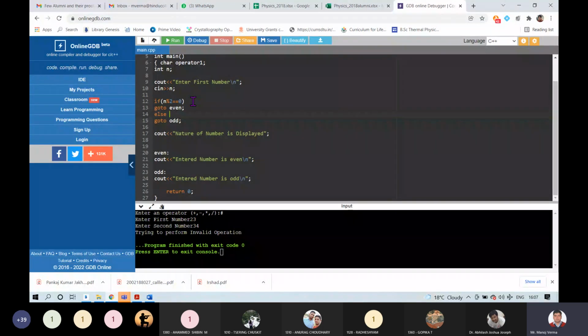So actually I am using two different labels with these go to statements, and the compiler will go into these labels if this condition is true, and in this odd label if this condition is false. And of course I have to define these labels, which task these labels will do if the compiler comes to them, right?